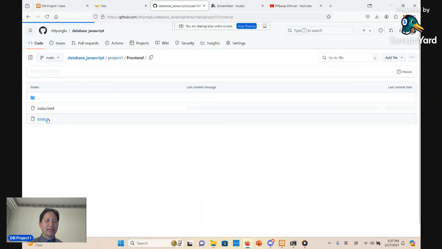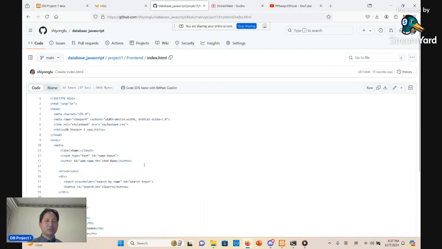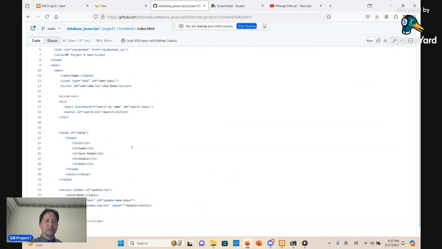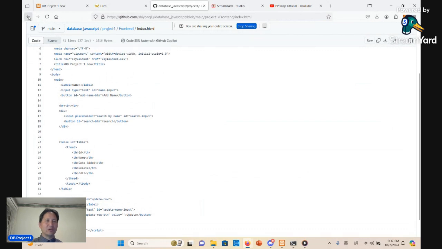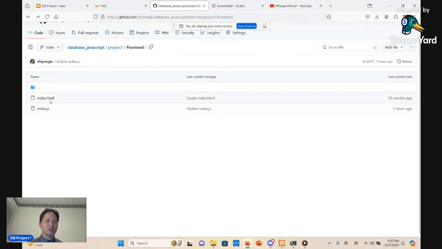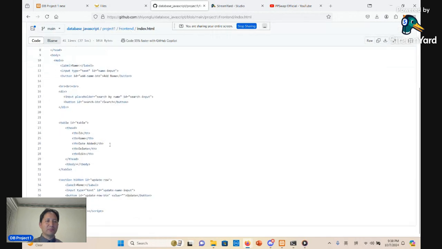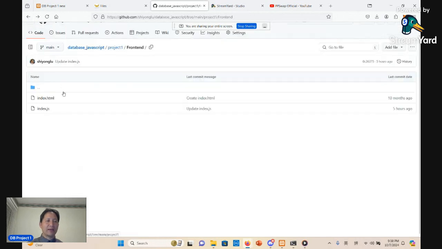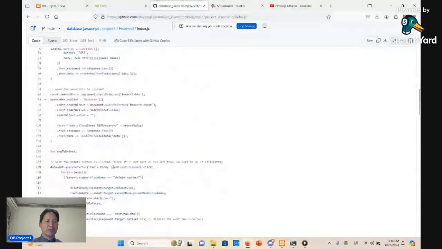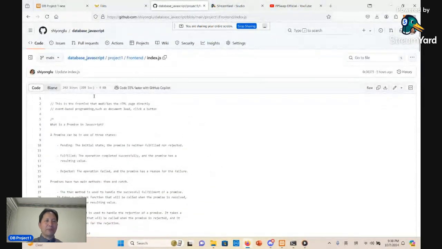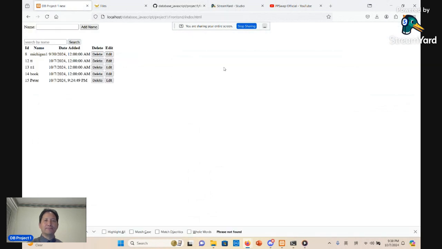On the other hand, the front end is going to be two files. The index.html is essentially just the static HTML, which is going to be modified. Each element in the index.html is going to be modified by the index.js, okay? Which I'm going to explain line by line. But before we start to talk about both the back end and the front end, let's look at the